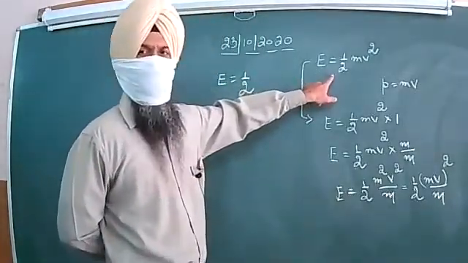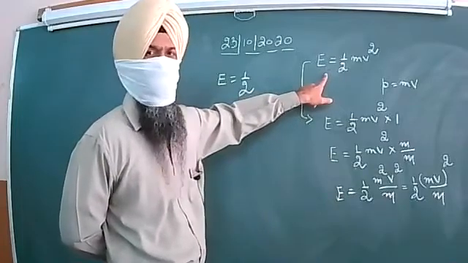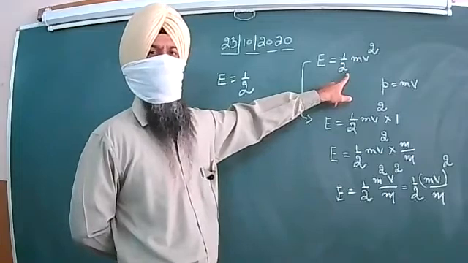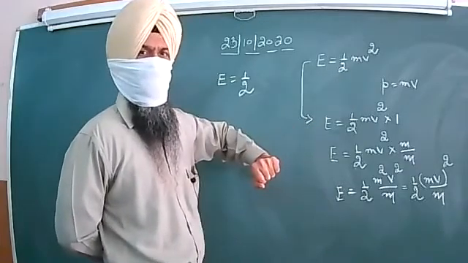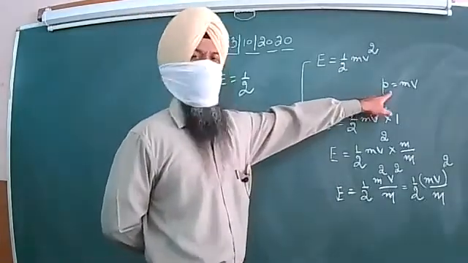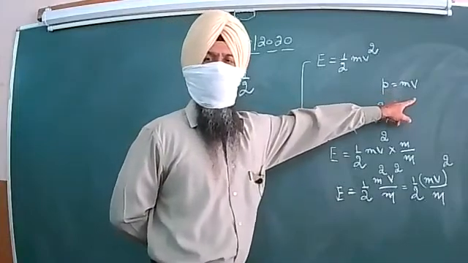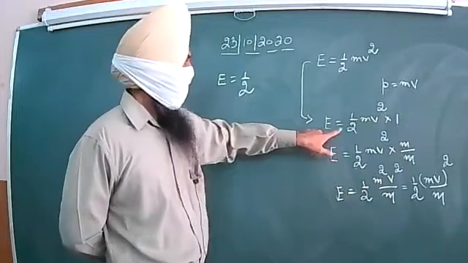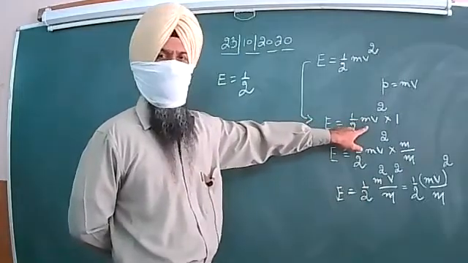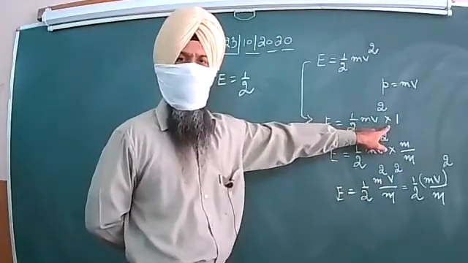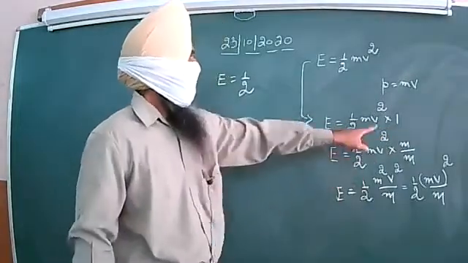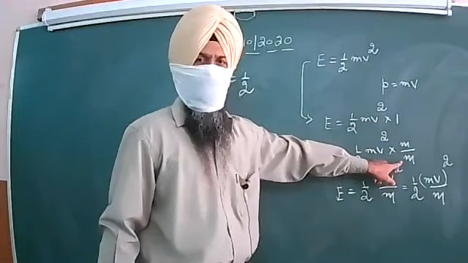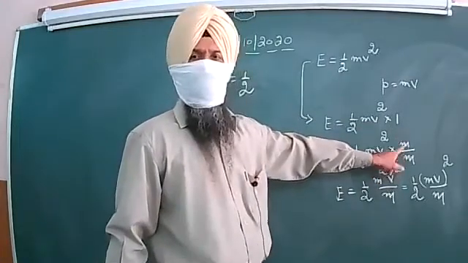So dear students, we were talking about the kinetic energy. This is equal to 1 by 2 mv square. This is the expression for our kinetic energy. Furthermore, linear momentum is the product of the mass and the velocity of the particle. Now what I do further is, this is my kinetic energy, I am just multiplying it by 1. And 1 can be written as m upon m also, and m will get cancelled with m.